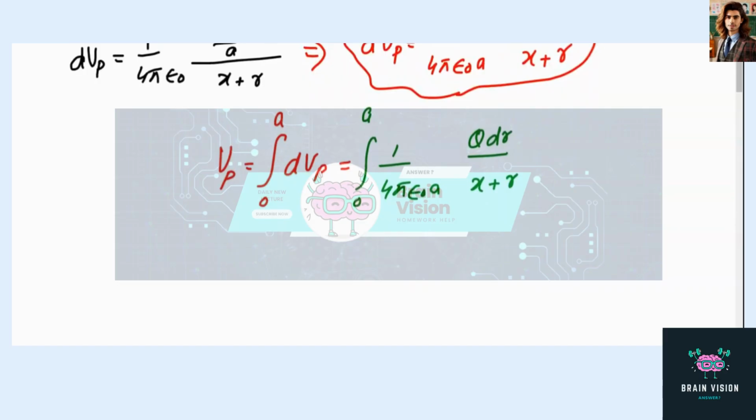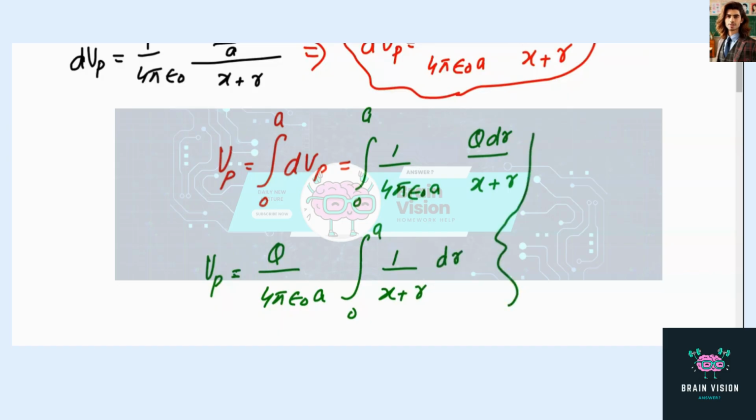By writing the constant terms in front of integral sign, we will have Vp equal to, here charge on the rod is constant, so q upon 4 pi epsilon naught, and length of rod is also constant, into integral from 0 to a 1 upon x plus r